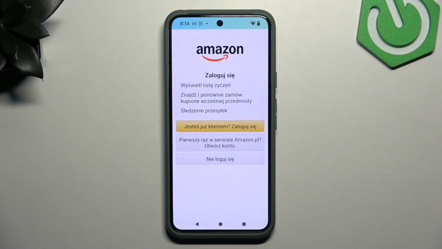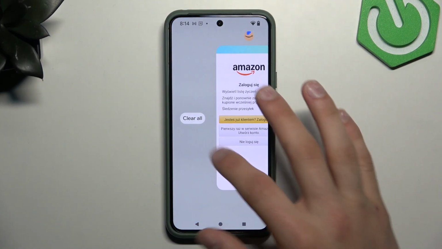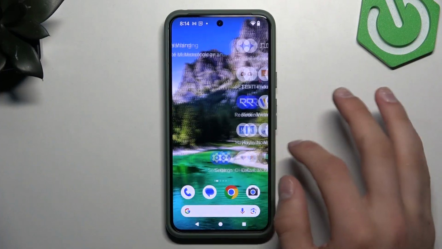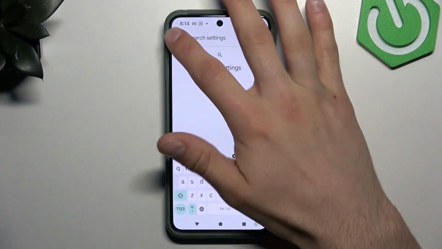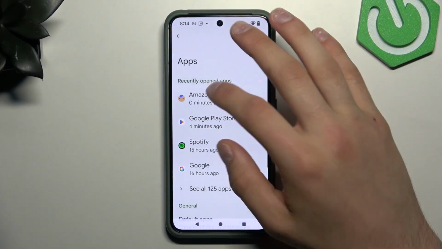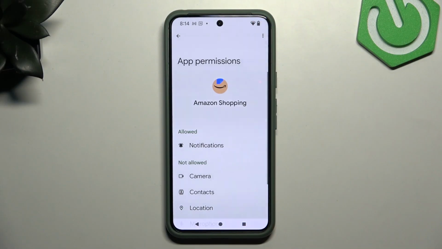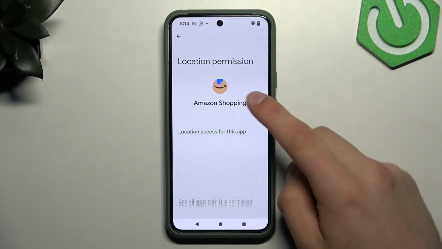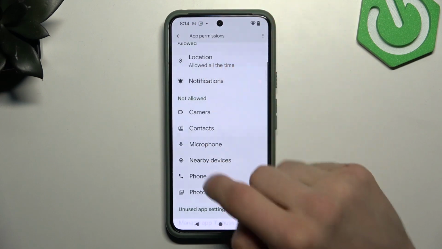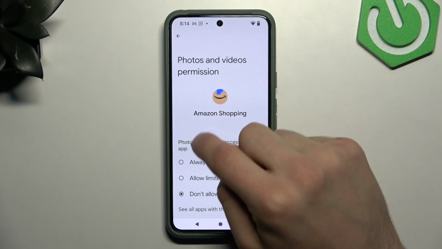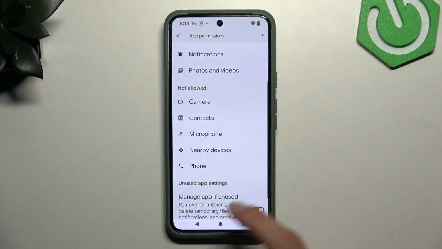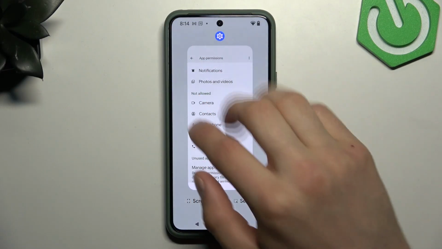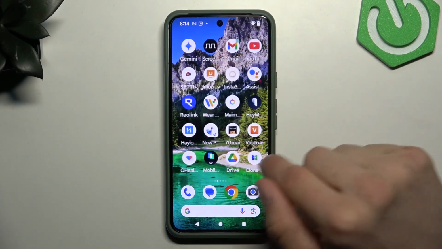And if it didn't help you, the second one, you can check your permissions. Let's go to the settings, apps, and permissions. Here you go. Allow all the time, allow always, just like this. And when you come back to the app